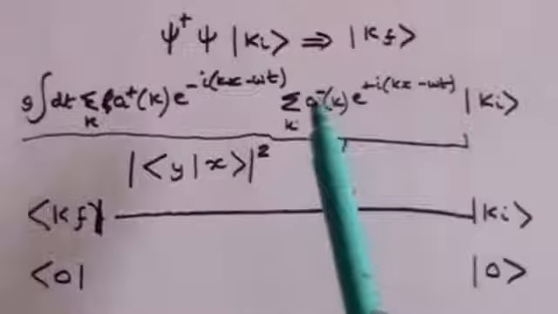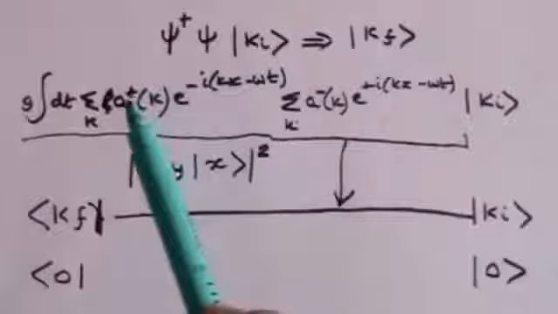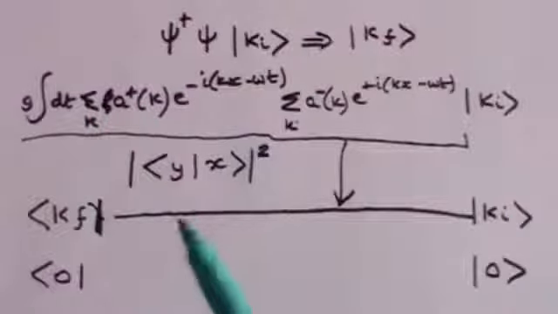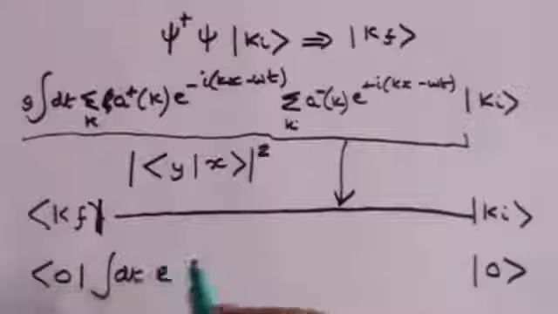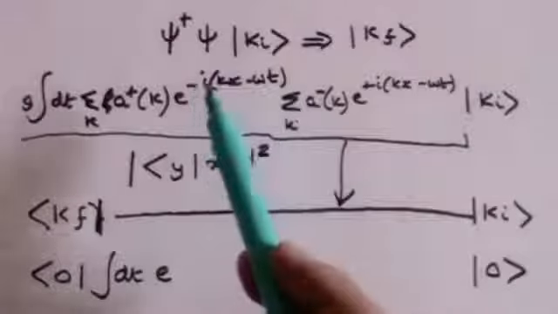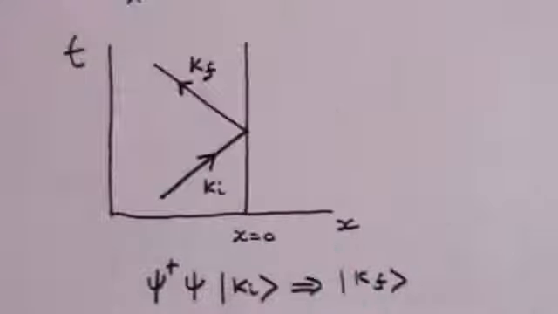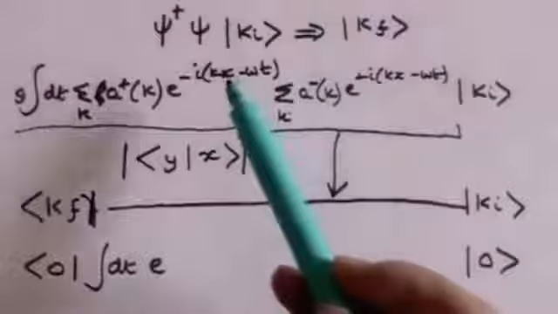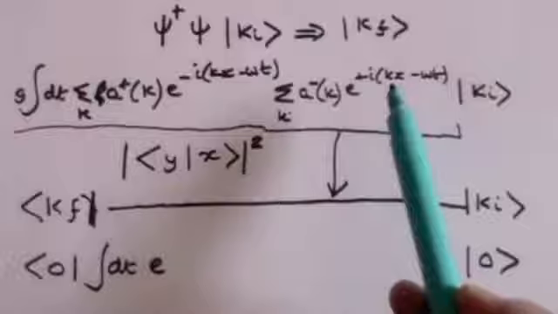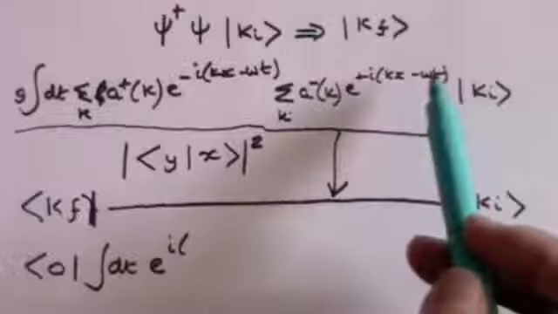What have we got left? Well, the A minus has now gone because we've acted on Ki, and the A plus has acted on Kf to give us 0. So the only thing we're now left with is the integral over time of the exponential terms. And the exponential terms are these ones and these ones. Now you'll remember that in the experiment I set x equal to 0, which I'm entitled to do, because that will make the maths easier. So now when I do the exponential, the x terms can both be set to 0, so that doesn't count at all. And the only thing that I'm left with now is e to the i omega t term,